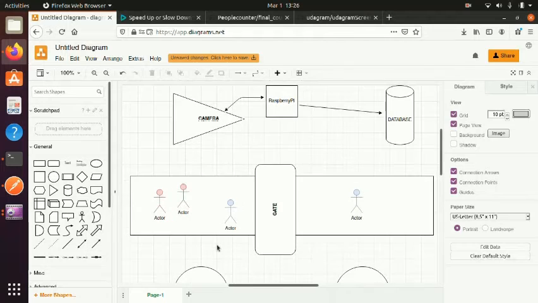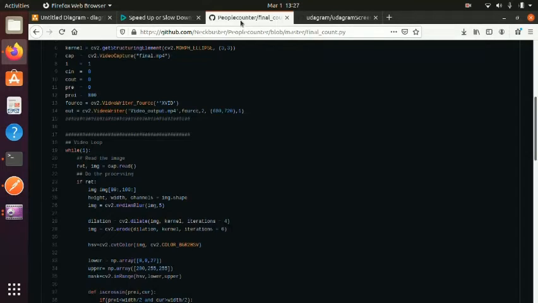Now there will be an upcoming video which will show you a live count, live processing, how object tracking is taking place, and how the input gate count and output gate count are being updated at the same moment. So that was about this project. You can find this project in my repo here.